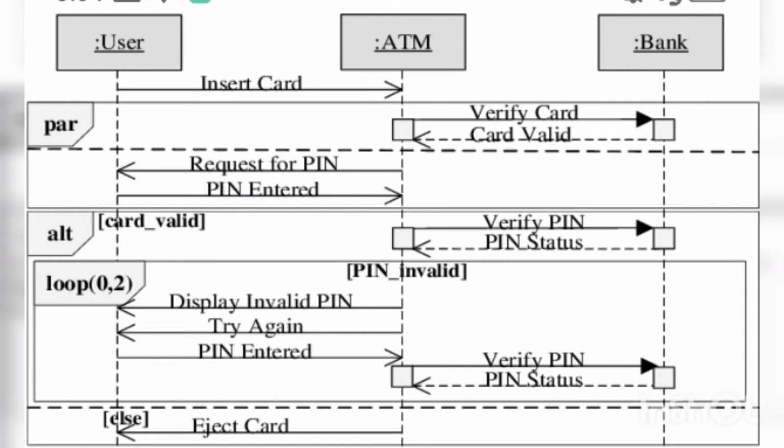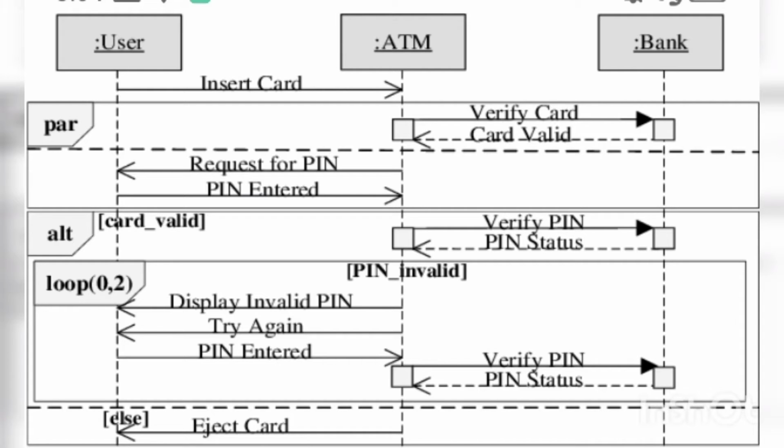This is an example that is given for sequence diagram. It is basically the ATM system. So we are depicting the working of the ATM system in the sequence diagram type. So here we have three boxes in the upper starting part of the diagram. It is depicted as a colon, afterwards the name, that is nothing but the object. So here user is the external object and ATM and bank are internal things.